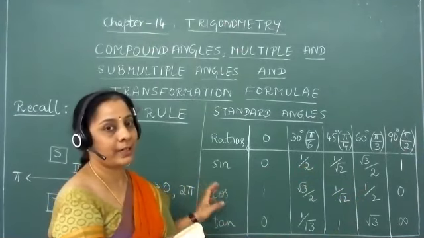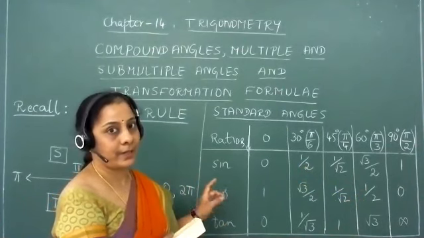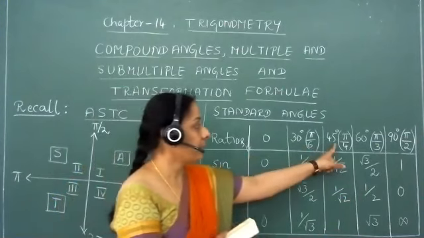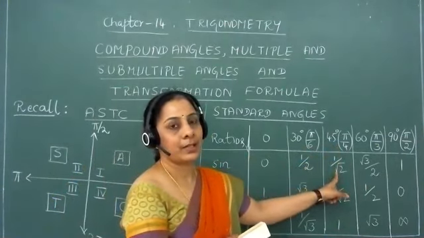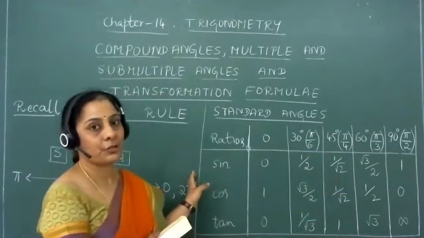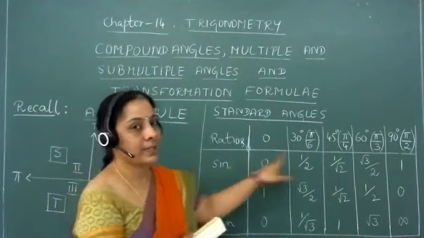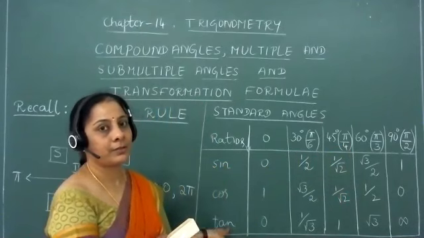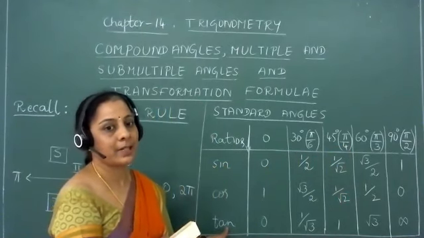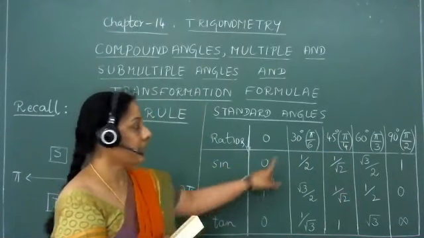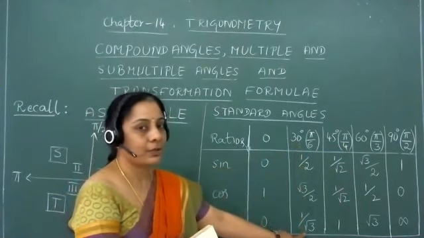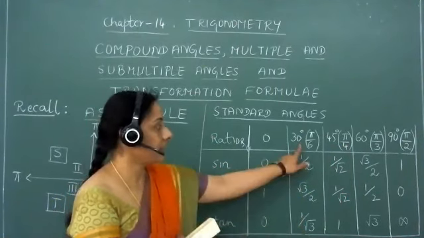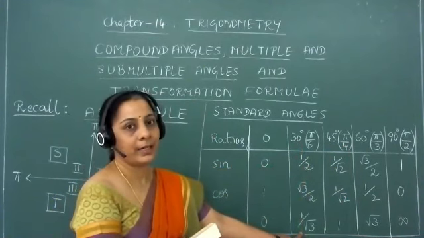For example, if I have to find the value of sine 45 degrees, then I will have to go to the column which is headed by sine, look into 45 degrees, and the corresponding value there is 1 by root 2. Thus sine 45 degrees is 1 divided by root 2. Likewise, if one has to find out the value of tan 30 degrees, then we go to the tan row, 30 degrees in the second column, and the coinciding element there is 1 by root 3. Thus tan 30 degrees bears the value 1 divided by root 3.